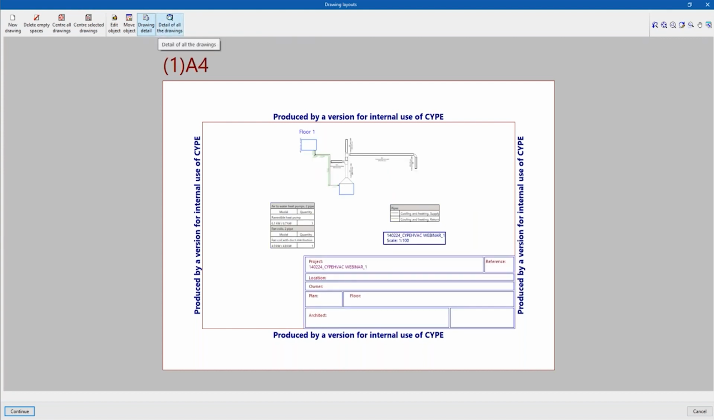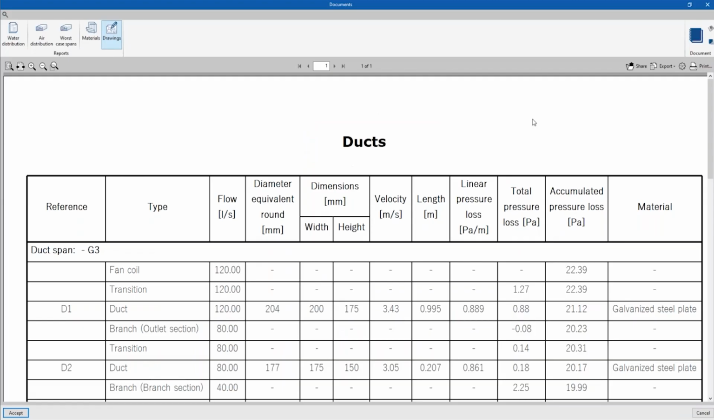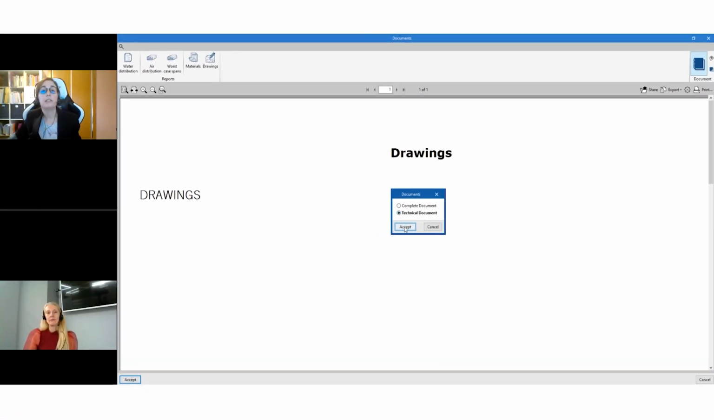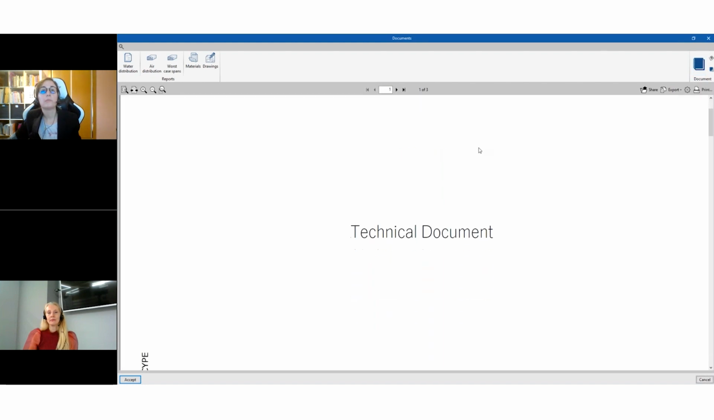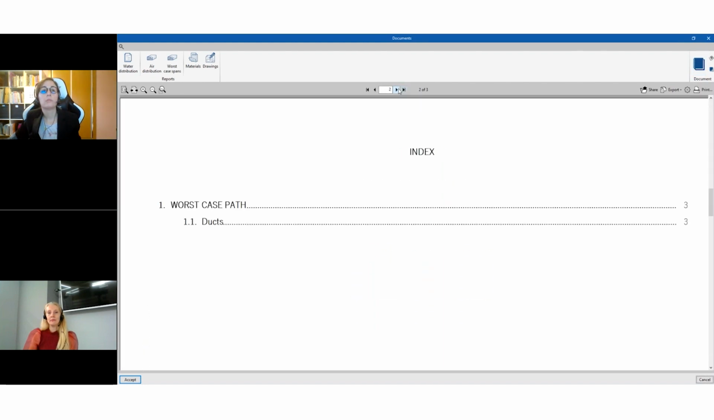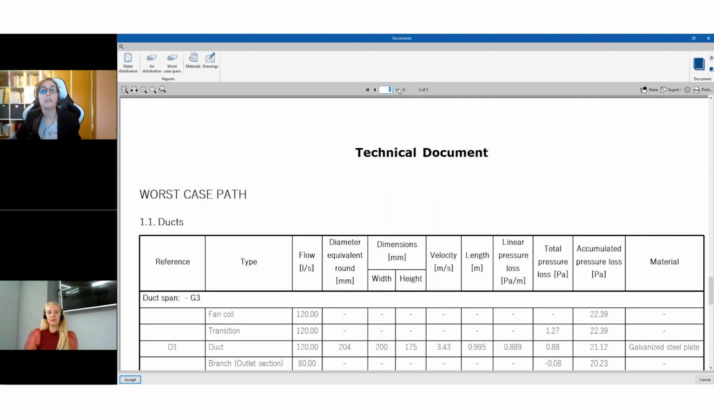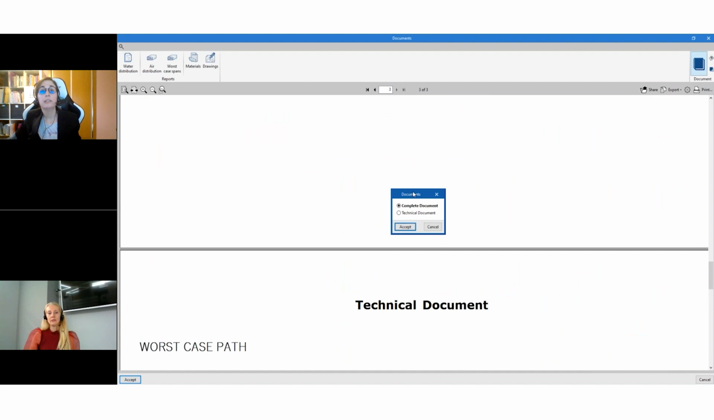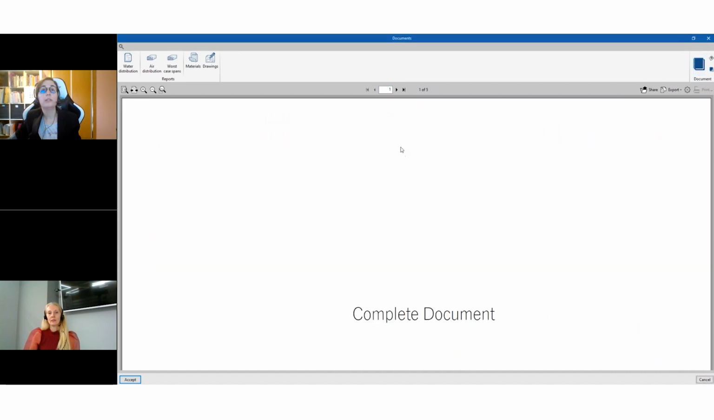detail the drawings here. So it could be this drawing that could be included in the document of the final installation. If we export, I mean, in the document settings, for example, I select the technical document. Now I can see what I have included here. And then if I see the complete document,